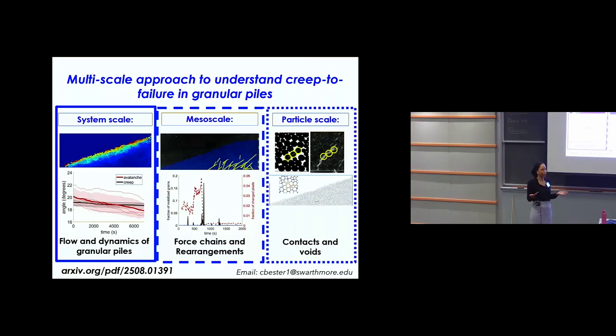But my question is even about the flat base. Even in the flat base case, do you see a difference between the left side where it's shallow and the right side where it's deep? I think so. Even then, it's less likely for there to be rearrangement events at the area where it's deep, or I should say rearrangement events that are observable with our experiment. We do observe some differences there, but it's definitely interesting that there's something happening in the bulk, something happening with the force network that is causing a rapid flow behavior somewhere else in the pile. Cool. And so there is still a connection there.